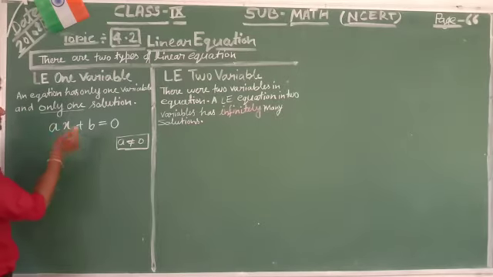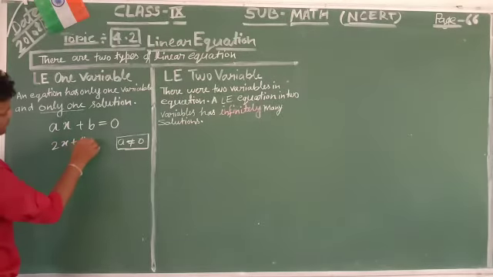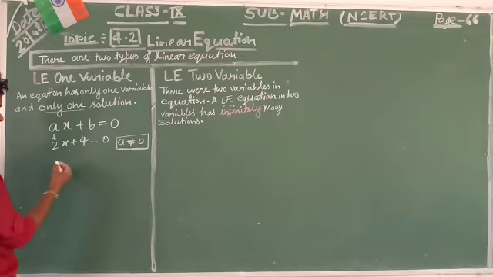So we take a similar example with numbers. You can write here 2x plus 4 is equal to 0. You look here, a means 2, a does not equal 0, here the x coefficient 2 is not equal to 0, where b is constant, you write here 4, also constant.